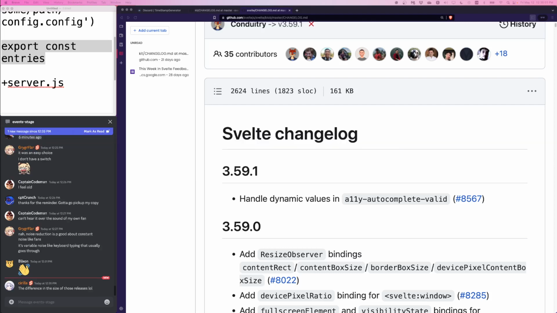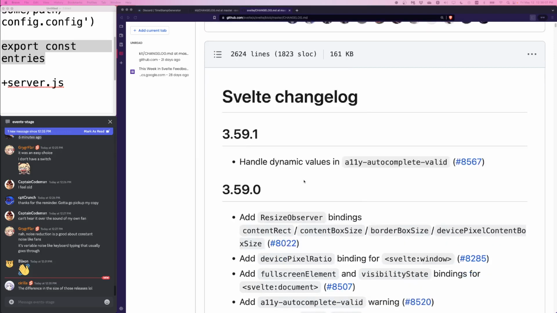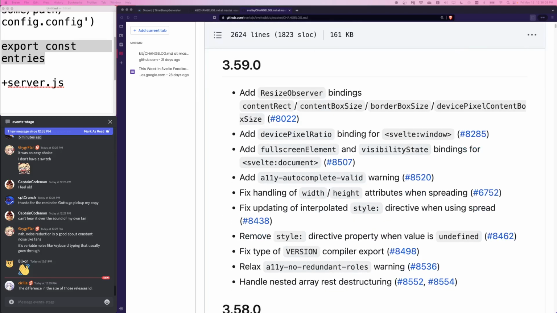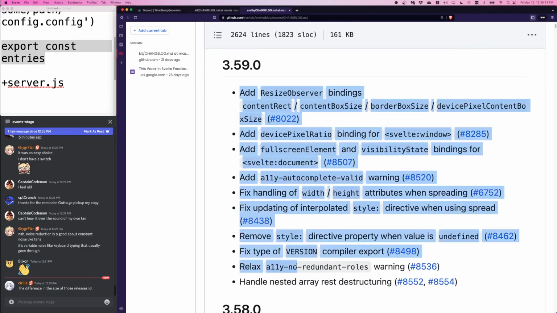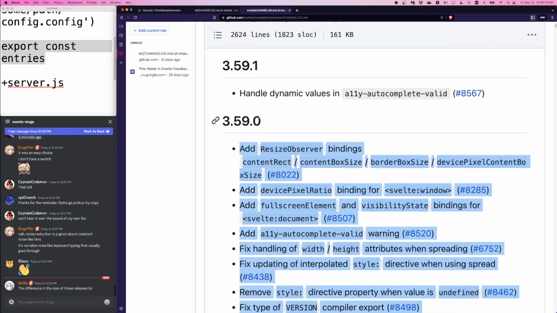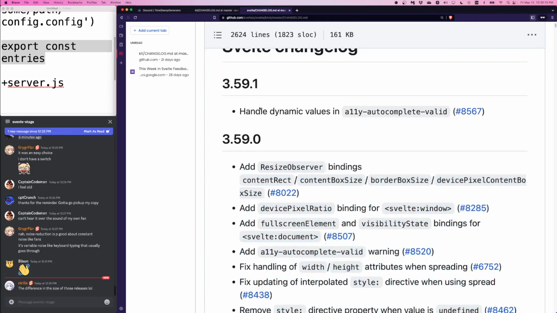Yes. In the chat, Cyrilla writes, the difference in the size of those releases. Yeah, you must be referring to the bulleted list here. Whoa. And then in the patch, you got a... Wasn't this? I think this was last week. Yeah, I think it was a week and a half ago maybe for 59.0. But we're going to talk about this changelog in a few moments. For now, it is time to move on